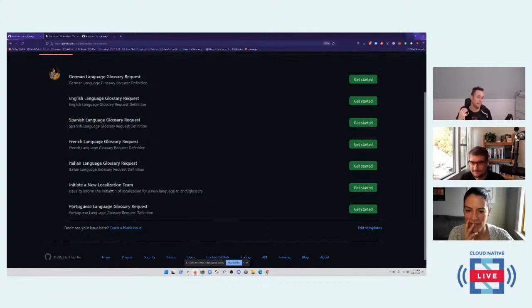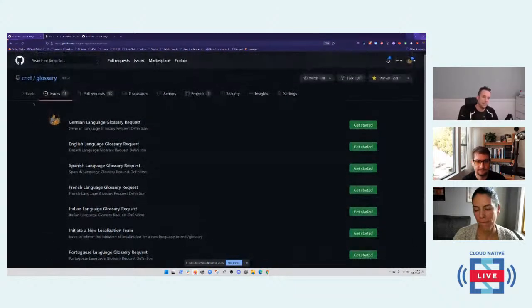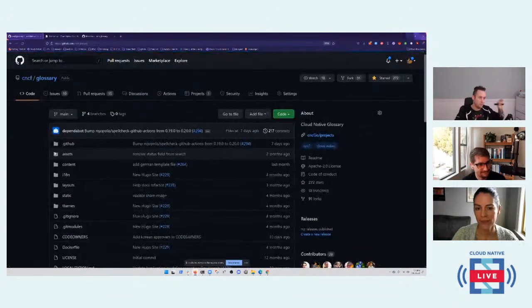But essentially, what we need is three folks per language, three folks that know and trust each other and are able to look over their definitions together, right? And set approval, and then go through the process of initiating a localization team for your language. If you have questions in the Slack, we have a localization channel where you can connect with like-minded folks who speak the same language as you, and start rolling to get you a localization team in your language. But sorry, I strayed a bit just because I'd seen so much about localization.